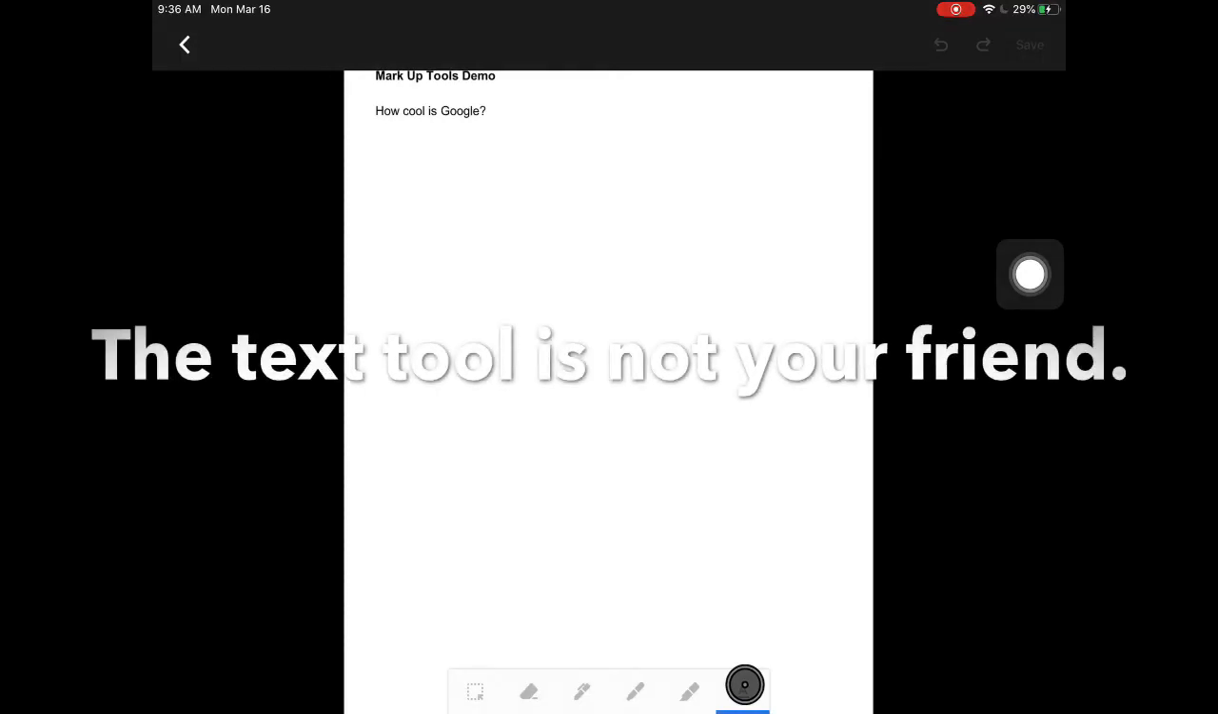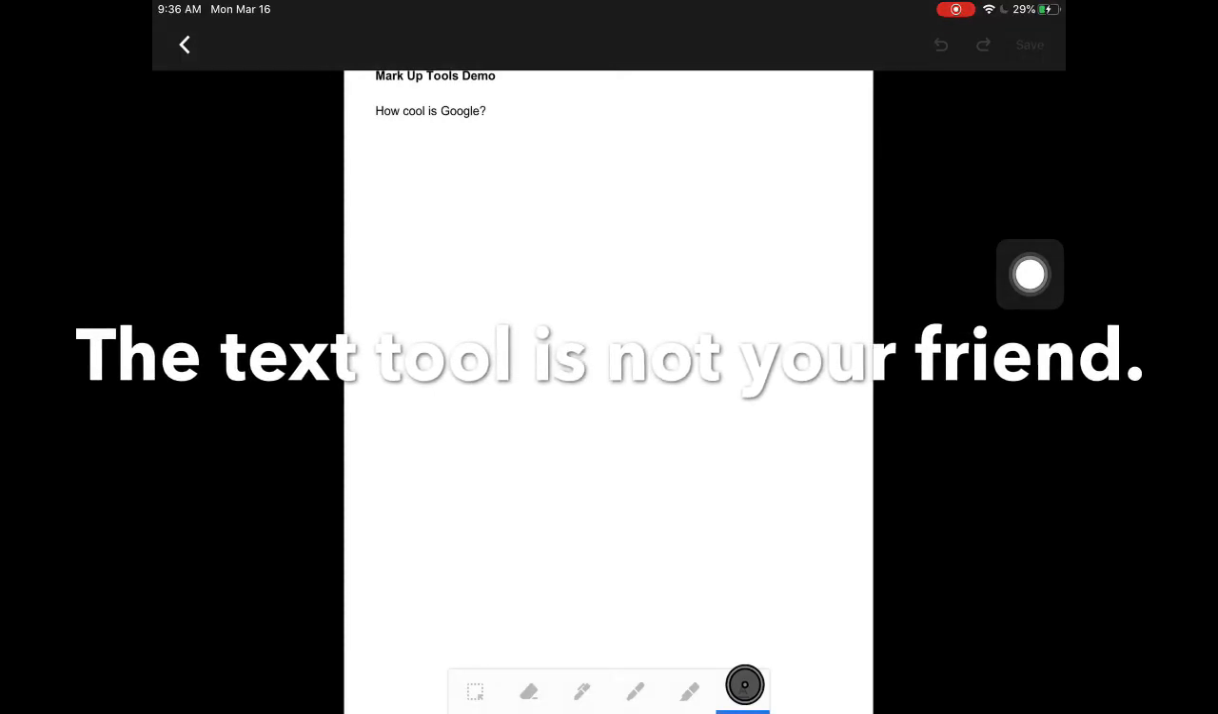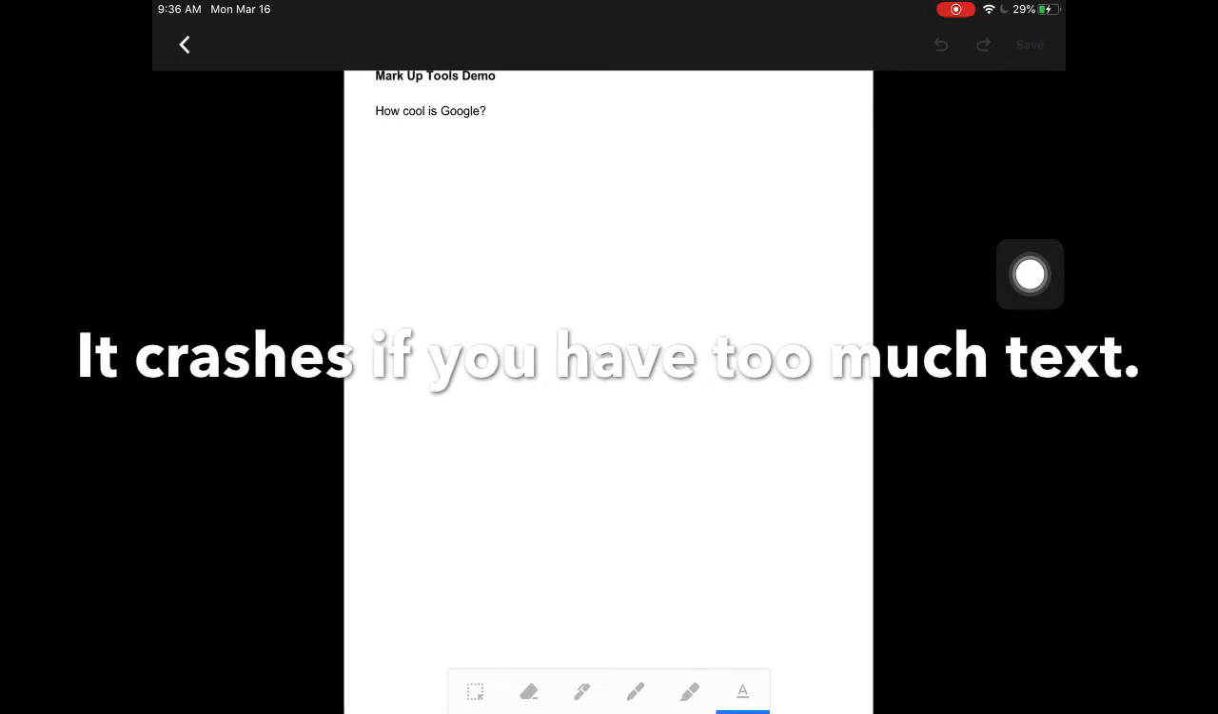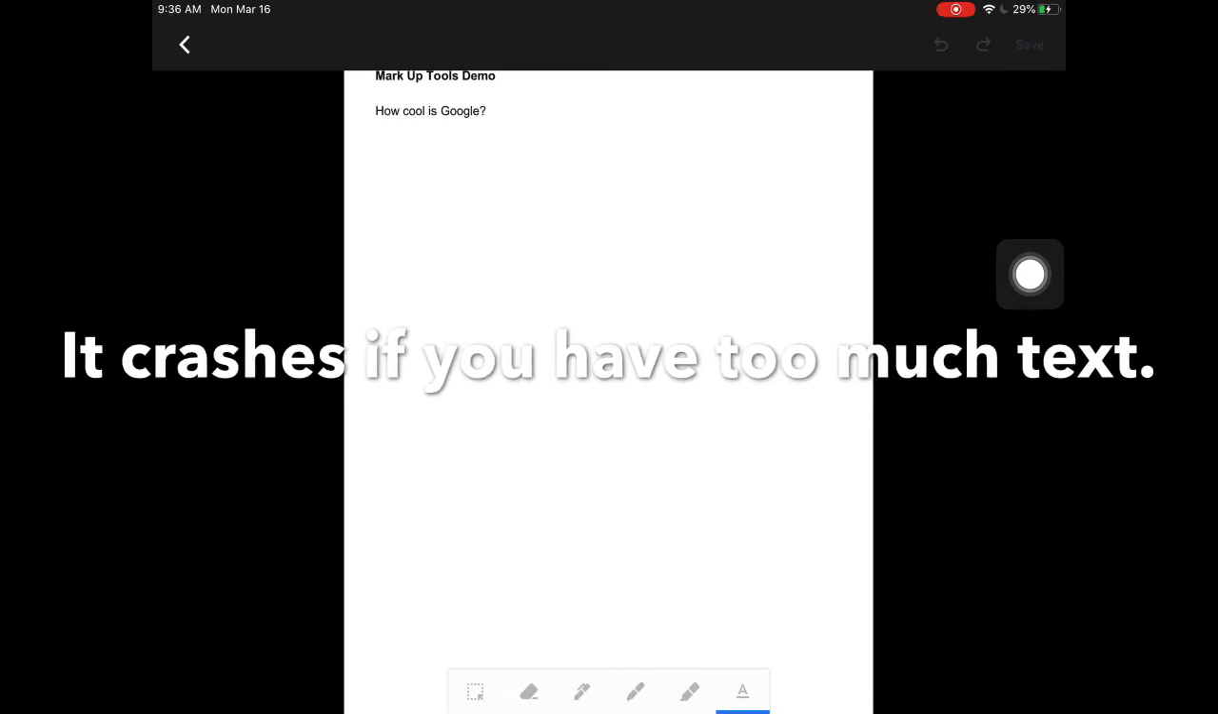Your text tool is not your friend in this app. I wish I could say it worked better than it does. But if you add too much text with the text tool, Google gets angry and it crashes and you lose all your work. So please don't use that tool. Now what you would do